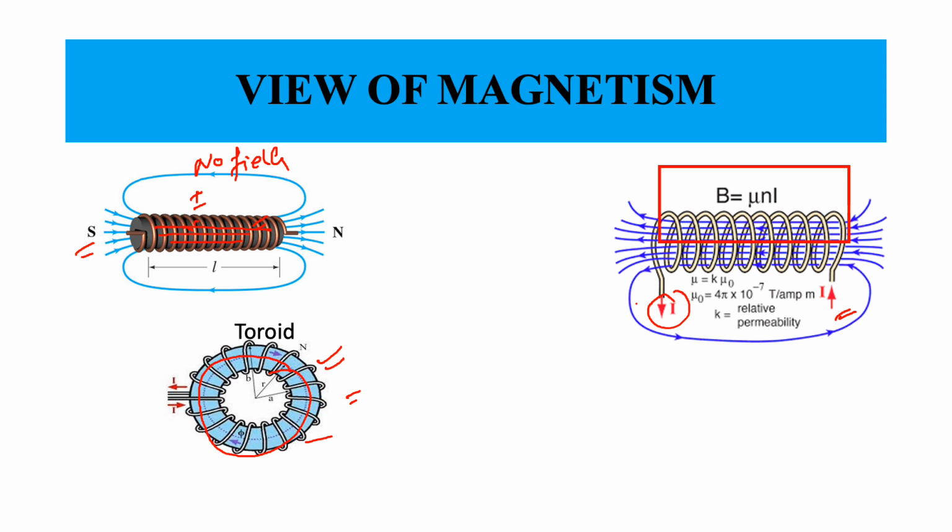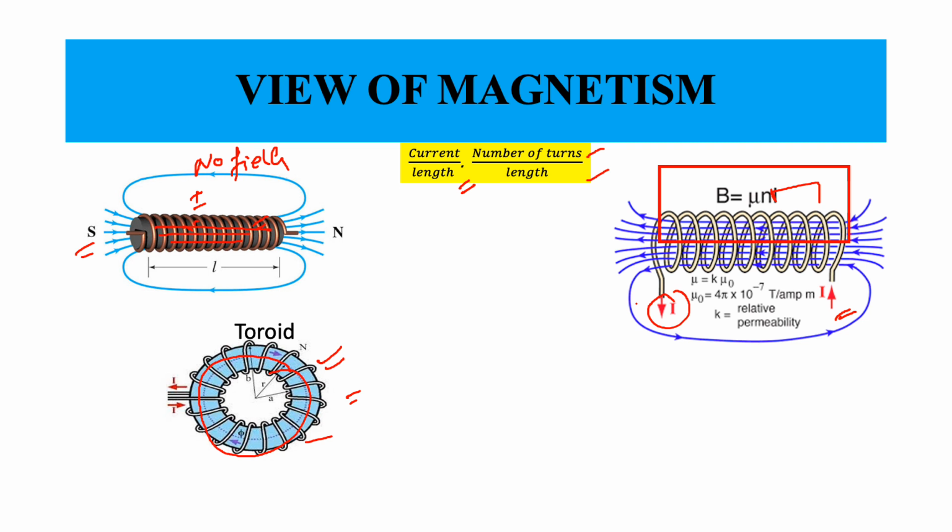Since this is an infinite solenoid, we can characterize this by talking about the current per width or per length, or equivalently the number of turns, right? Each turn carries a current, and so you can call this current per length. Instead of that, you can also talk about the number of turns per length. Okay, so multiplying by I gives you the amount of current per length.